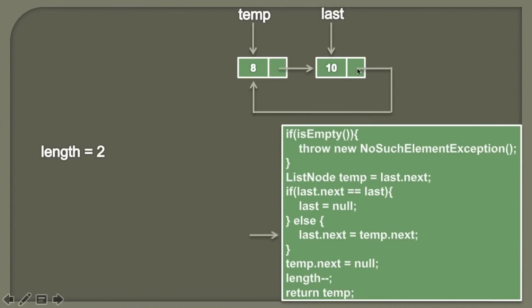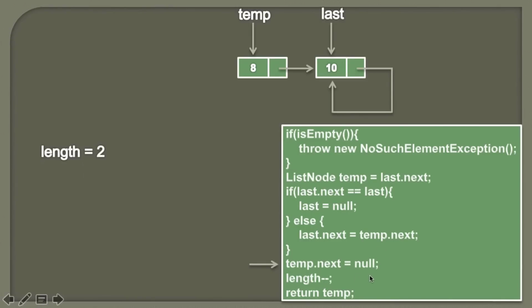So we know that we have to remove this link, and when we remove this particular node having data as 8, we know that now 10 will become our first and the last node both. Therefore we are simply assigning the value of temp next, which is the node having data as 10, to last next. So it would look something like this. So here you can see the link is removed, and then we are assigning temp next to last next. So it would look something like this. So friends, here we have removed the link which is referring to this particular node which we want to remove. Moving ahead,